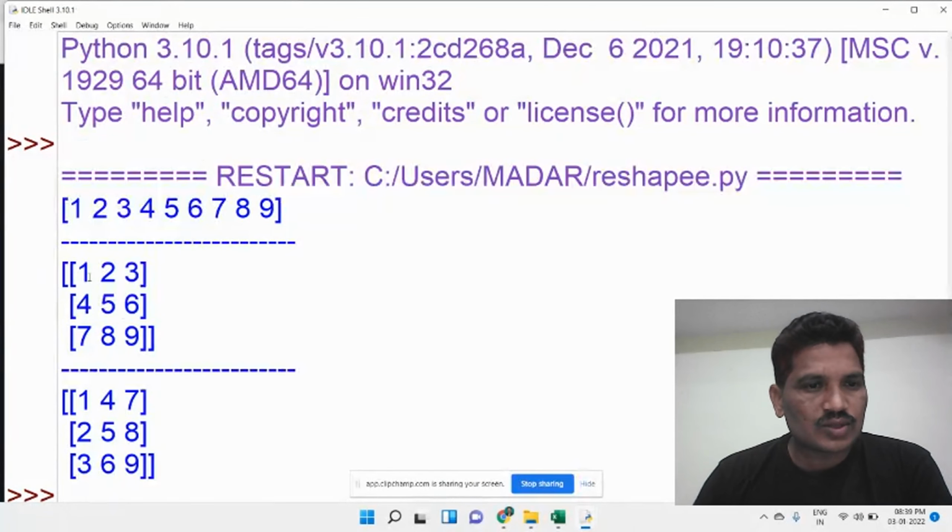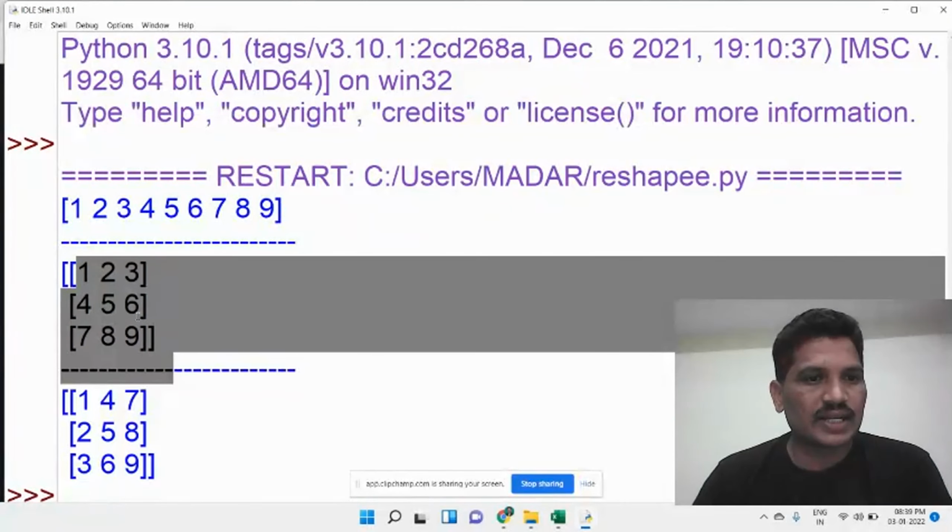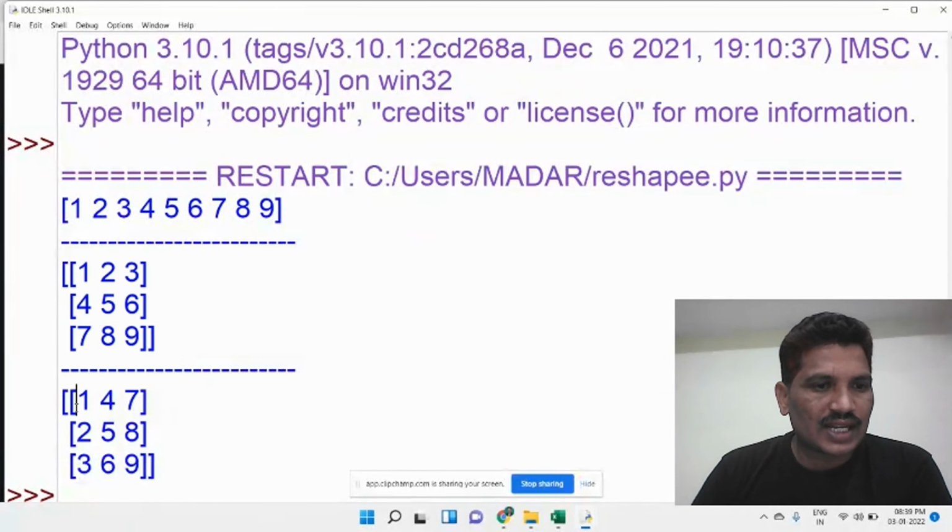See here, this is C-like indexing, showing how the elements are arranged: 1, 2, 3 in the first row, 4, 5, 6 in the second row, 7, 8, 9 in the third. This is Fortran-like indexing: it is organized column-wise, so the first column is 1, 2, 3, and the first row is 1, 4, 7.